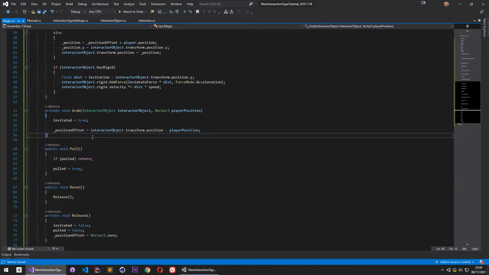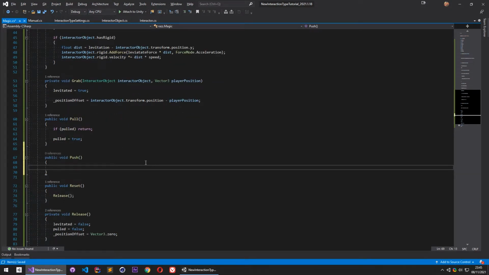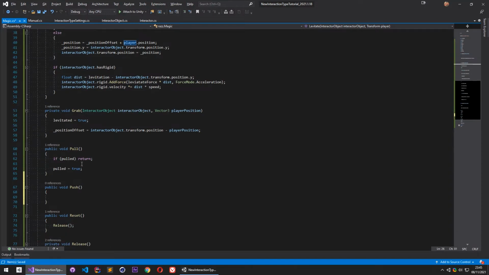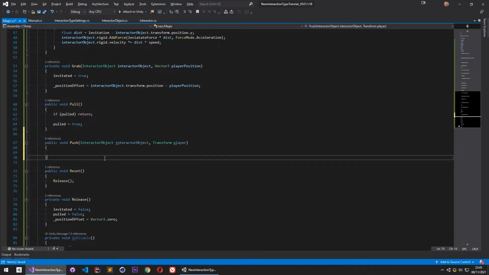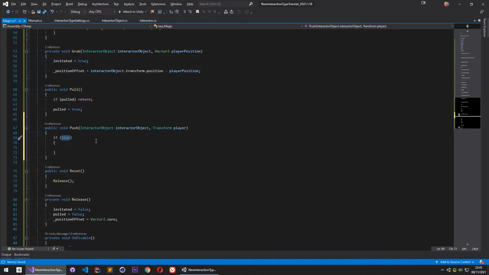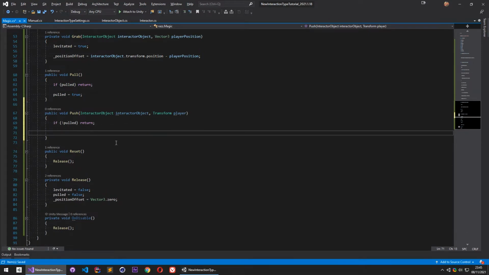So let's do that. Now I need a push public method. Let's create it. So this will also need an interactor object and player transform. And actually it will be similar: if we are not pulled yet, just return, because we need to pull first. And then